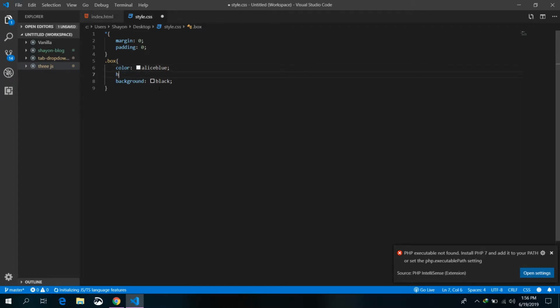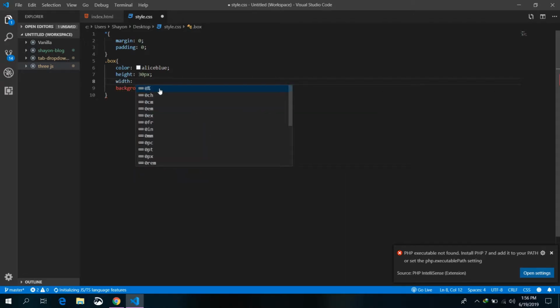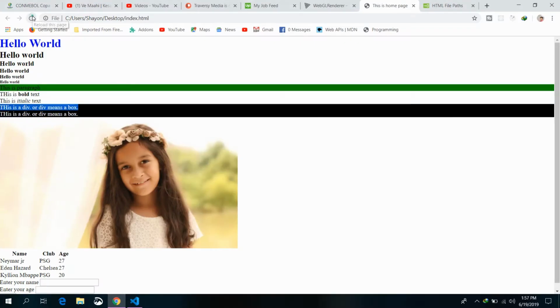So let's make it height 30 pixel and width will be 50 pixel. I think it will not work